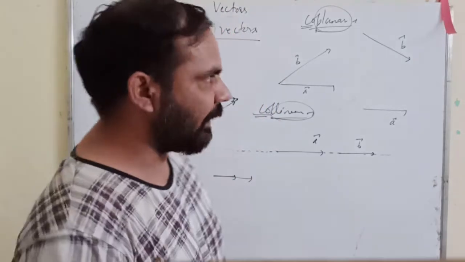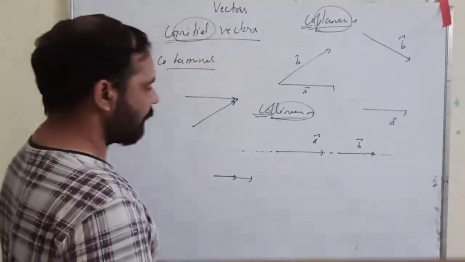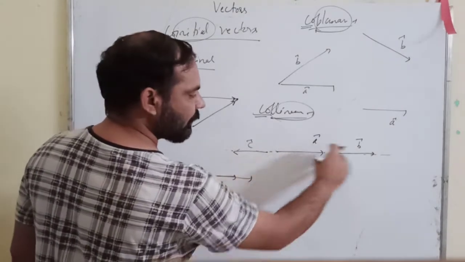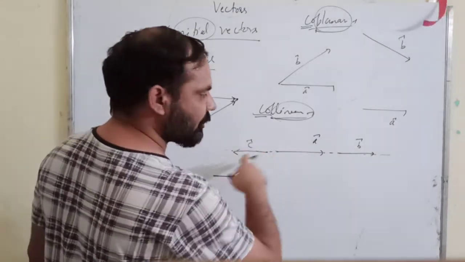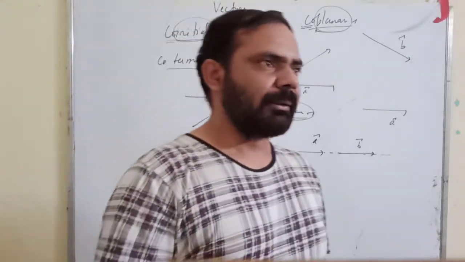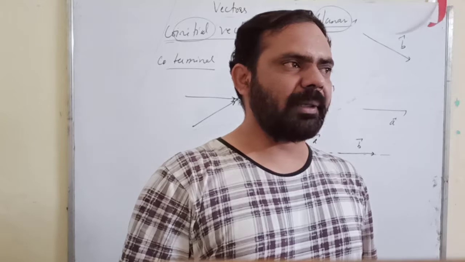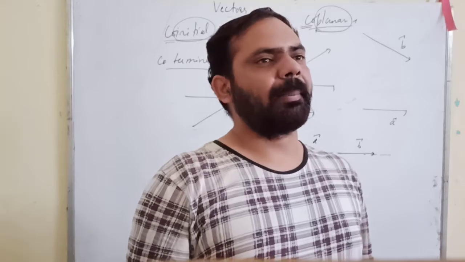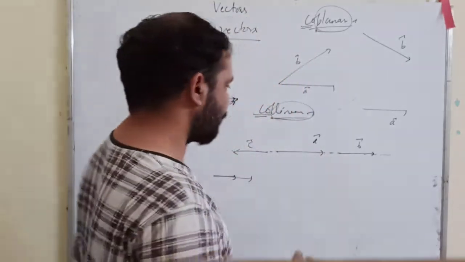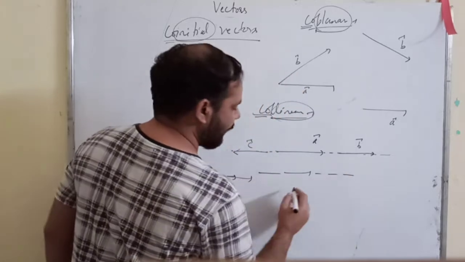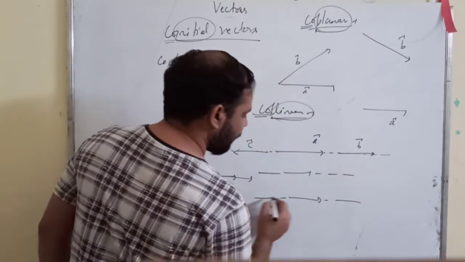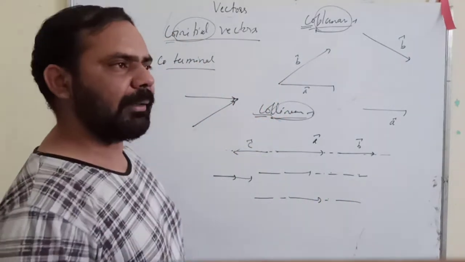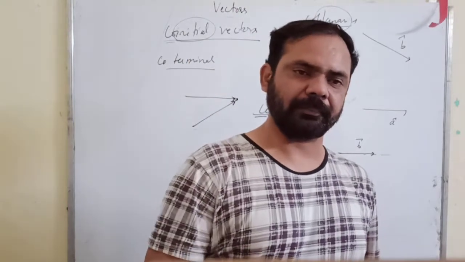Absolutely it can, son. The only condition is that they must have the same baseline. They are also collinear, right? C vector direction is opposite to A, but they are sharing the same baseline. Actually it can be a parallel baseline also. Even if they become parallel, we still call them collinear. Suppose this is your baseline, this is another vector with this baseline. So they have the same baseline, either the baseline should be the same or it can be a parallel baseline. In both cases we call them collinear vectors.